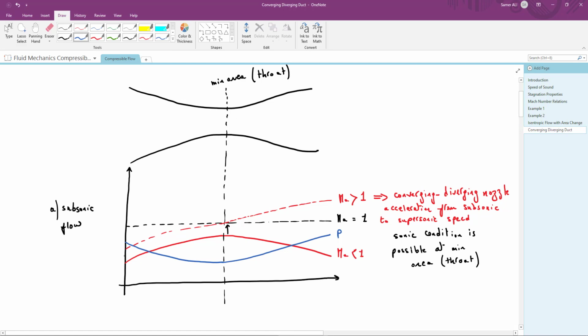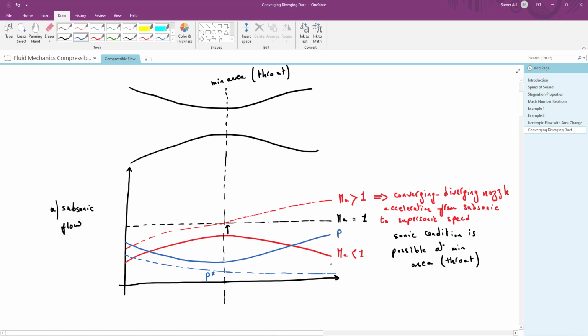And if you want to draw the pressure distribution, since the Mach number here is continuously increasing along the duct, the pressure will have an opposite variation trend. So the pressure will be continuously decreasing. Starting from here, the pressure will decrease till it reaches a critical value at the throat. So this will be P star. Remember, at the sonic condition, the fluid will have critical properties. It will have P star, T star, rho star. Okay. Then it will continue to decrease until it reaches a minimum value at the exit of this converging diverging